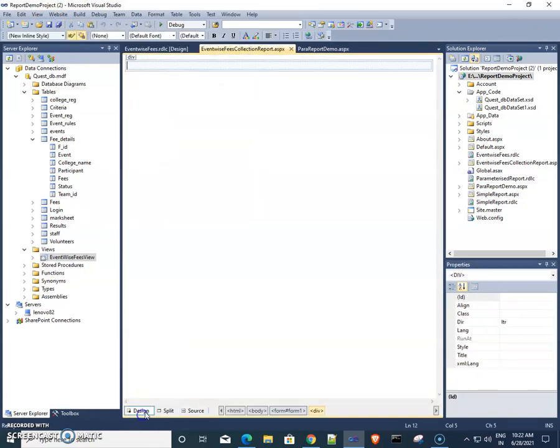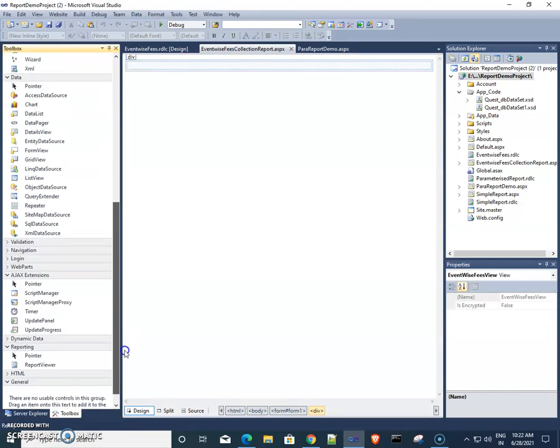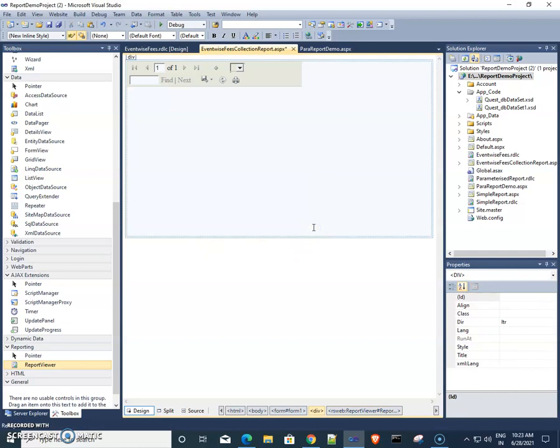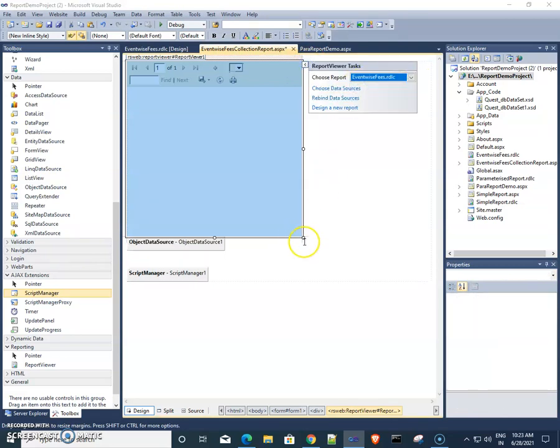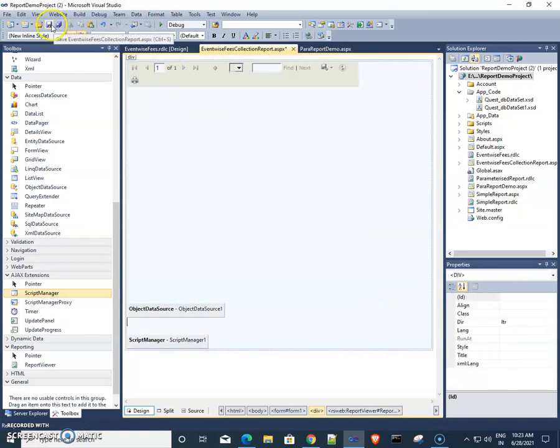Now inside this already we know what we need to take. From the reporting tools we get the report viewer, and then we want one script manager. Here inside this we choose the report event wise fees. So in this way we attach our RDLC report to this web page. Now if I run this,